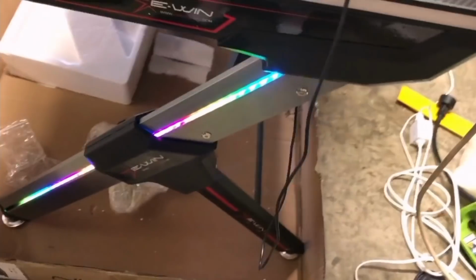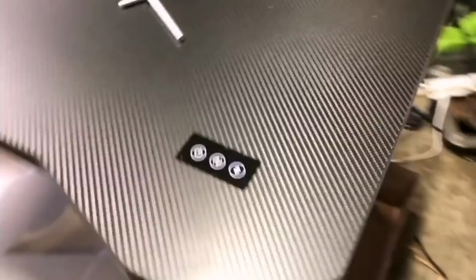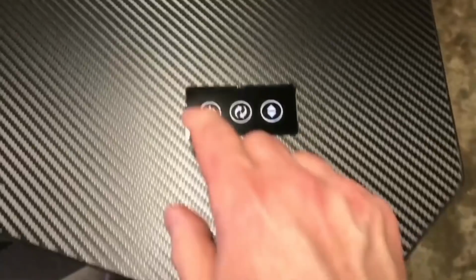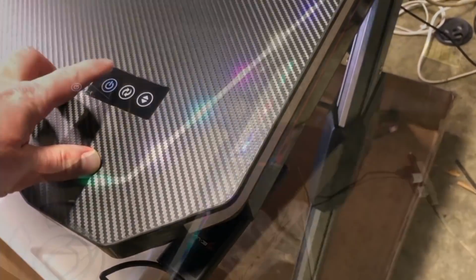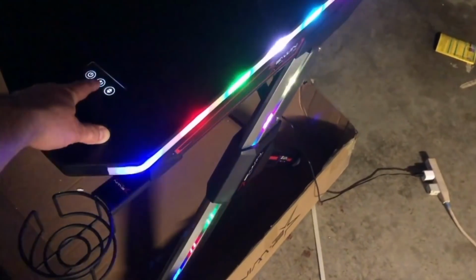Do that, this leg comes on, this leg comes on, but nothing on the desk. Same thing on both sides, there's nothing happening here. Now, when I hit the off button, it turns off, so I can turn it off. And then